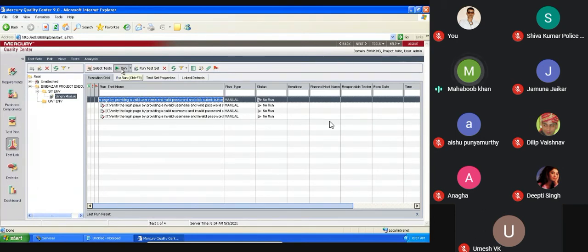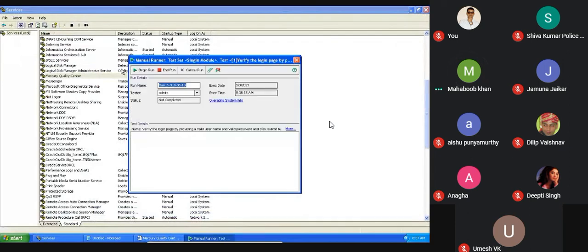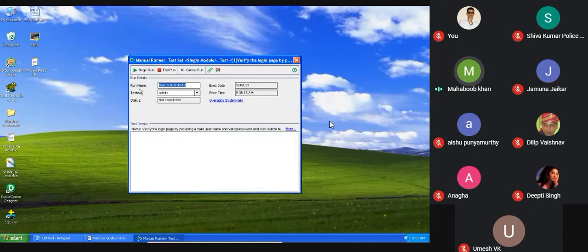Write down the same thing, guys. Once you click the Run button, a pop-up appears with Begin Run, End Run, Cancel Run. When you are running, everything is tracked by your name, the time and date, so be conscious when running the test cases.